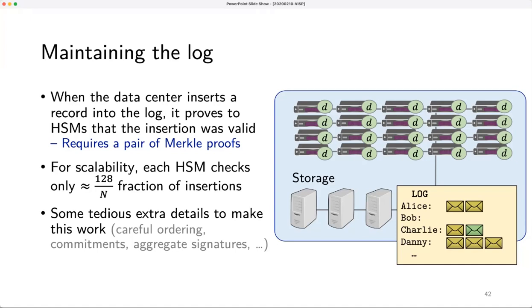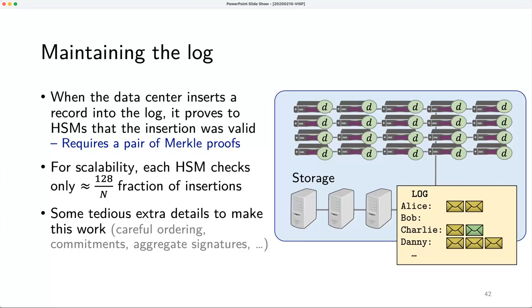And to maintain scalability, each HSM doesn't need to check every log insertion. Each HSM only randomly audits a fraction of these log insertions. And we choose this fraction to be large enough that many honest HSMs will check every insertion to the log and will be able to detect when something's gone wrong. So if the data center tries to cheat, many honest HSMs will catch it and